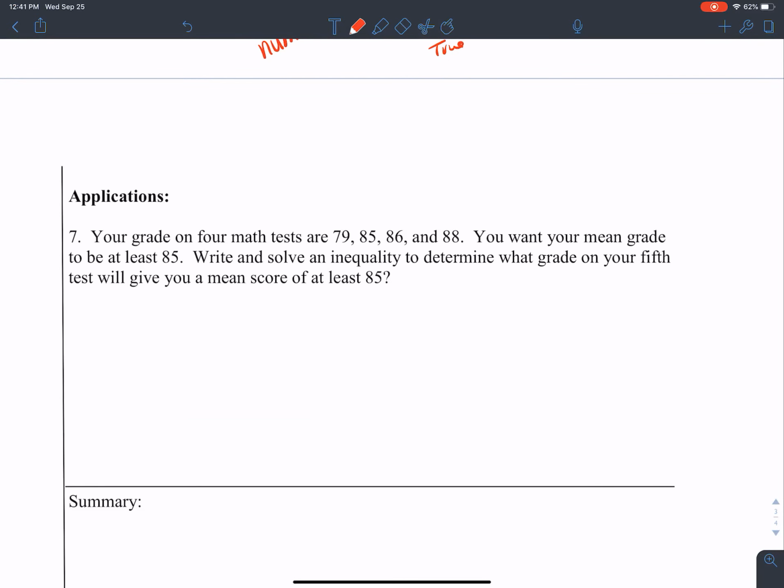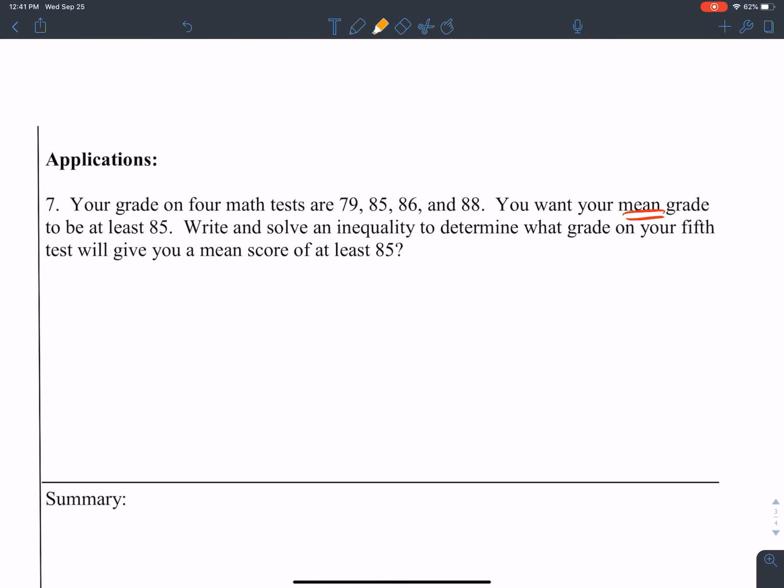So your grades on 4 math tests were 79, 85, 86, and 88. And we want our mean grade to be at least 85. So we need to write and solve an inequality to determine what grade we get on our 5th test to get our goal. So as we've always been working with applications or word problems, the question or the command